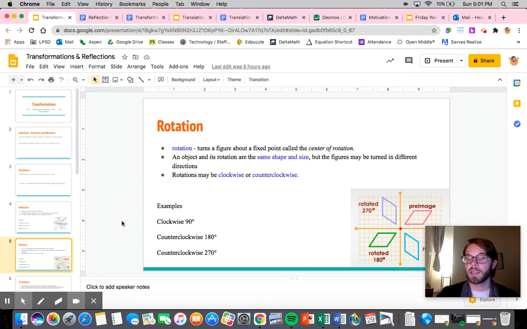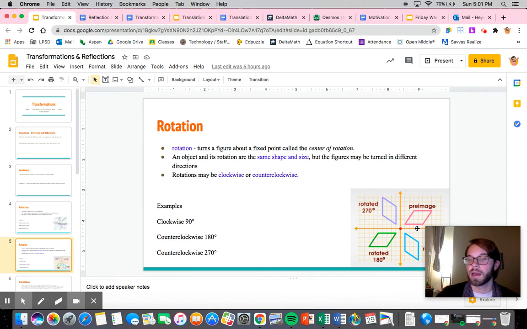So the rotation, that's the turn. You have to have a fixed point as your center of rotation. The most commonly used center of rotation is the origin. You could technically use anything, but that is the most common. Again, it retains shape and size, but